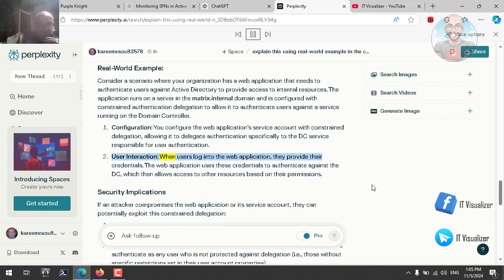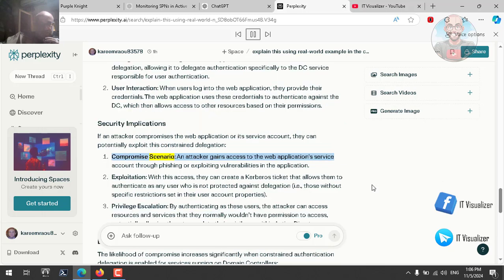User interaction. When users log into the web application, they provide their credentials. The web application uses these credentials to authenticate against the DC, which then allows access to other resources based on their permissions. Security implications. If an attacker compromises the web application or its service account, they can potentially exploit this constrained delegation. Compromise scenario. An attacker gains access to the web application service account through phishing or exploiting vulnerabilities in the application. Exploitation. With this access, they can create a Kerberos ticket that allows them to authenticate as any user